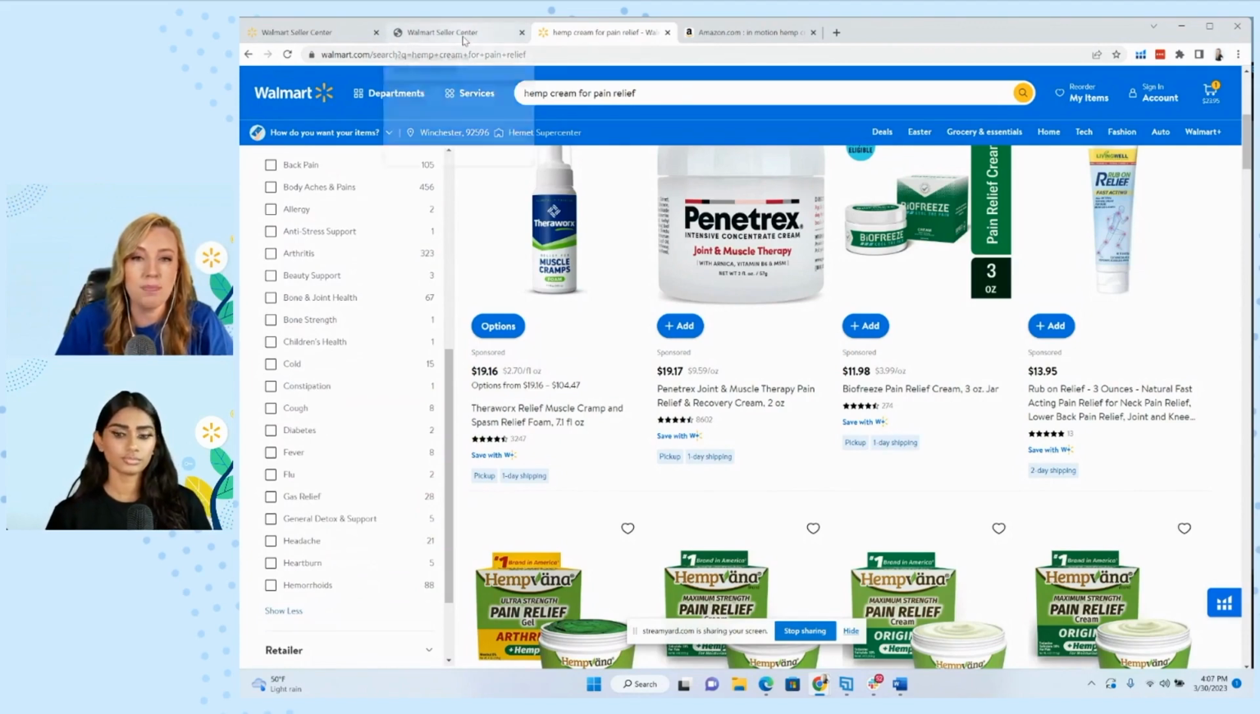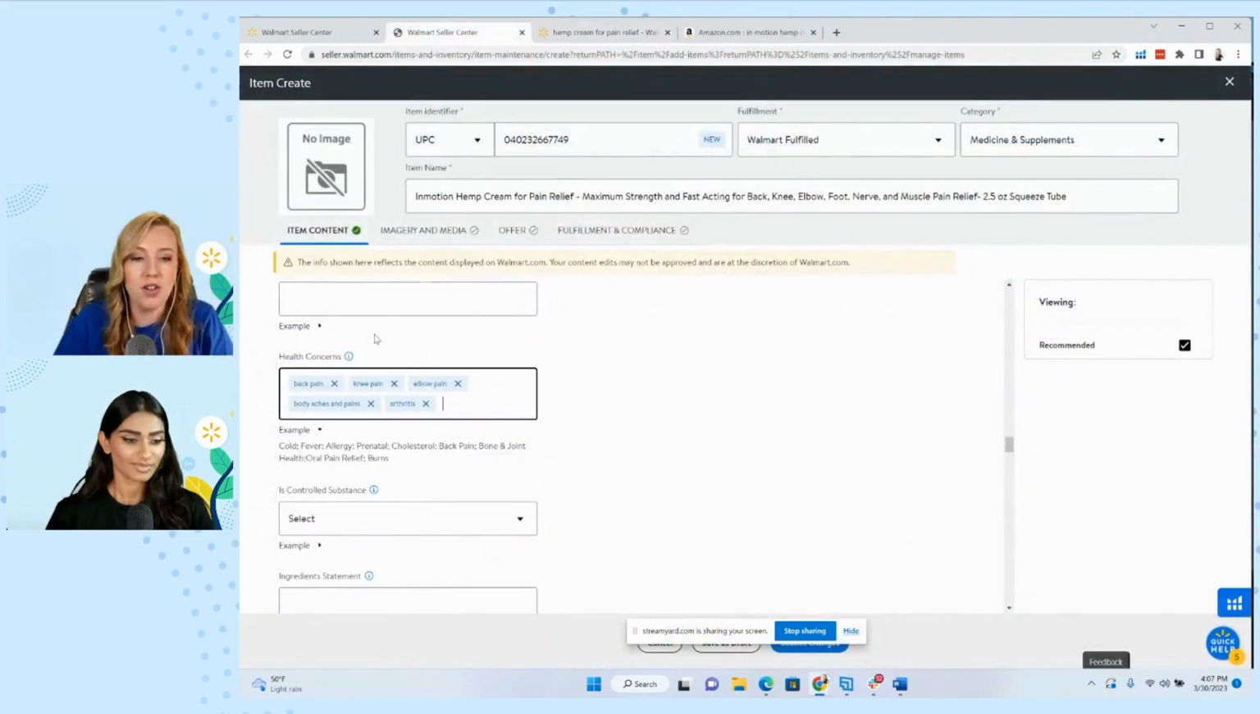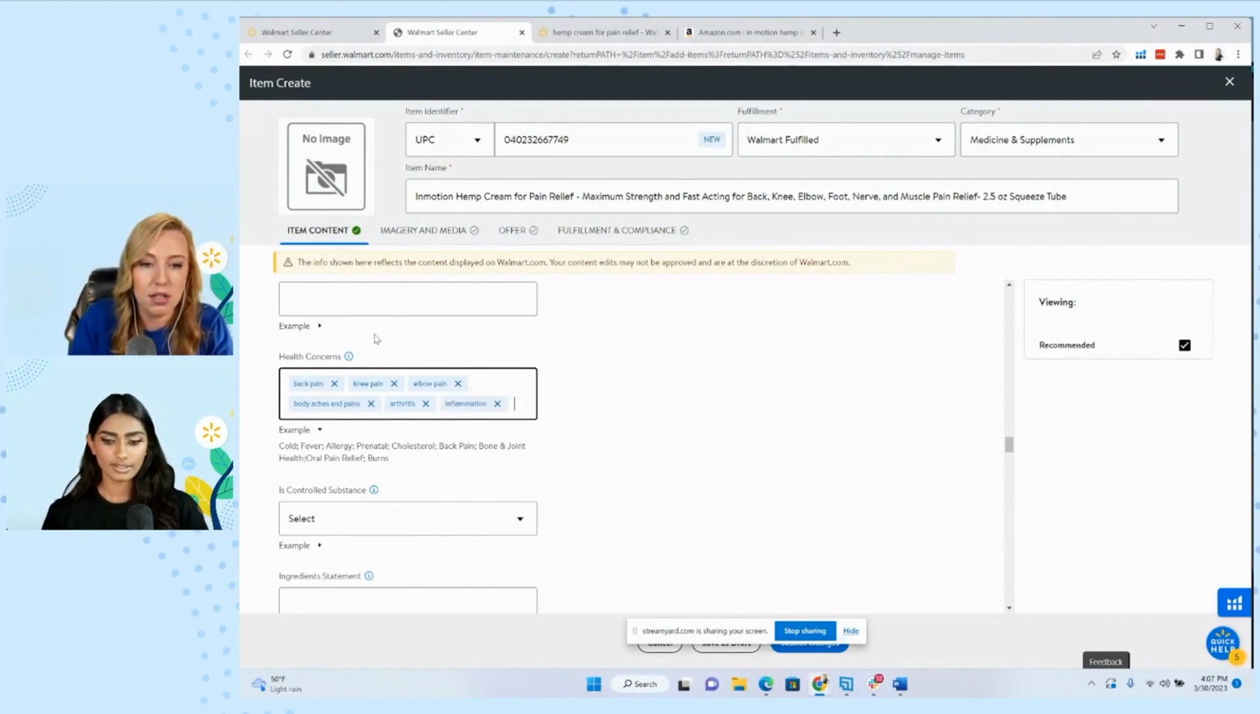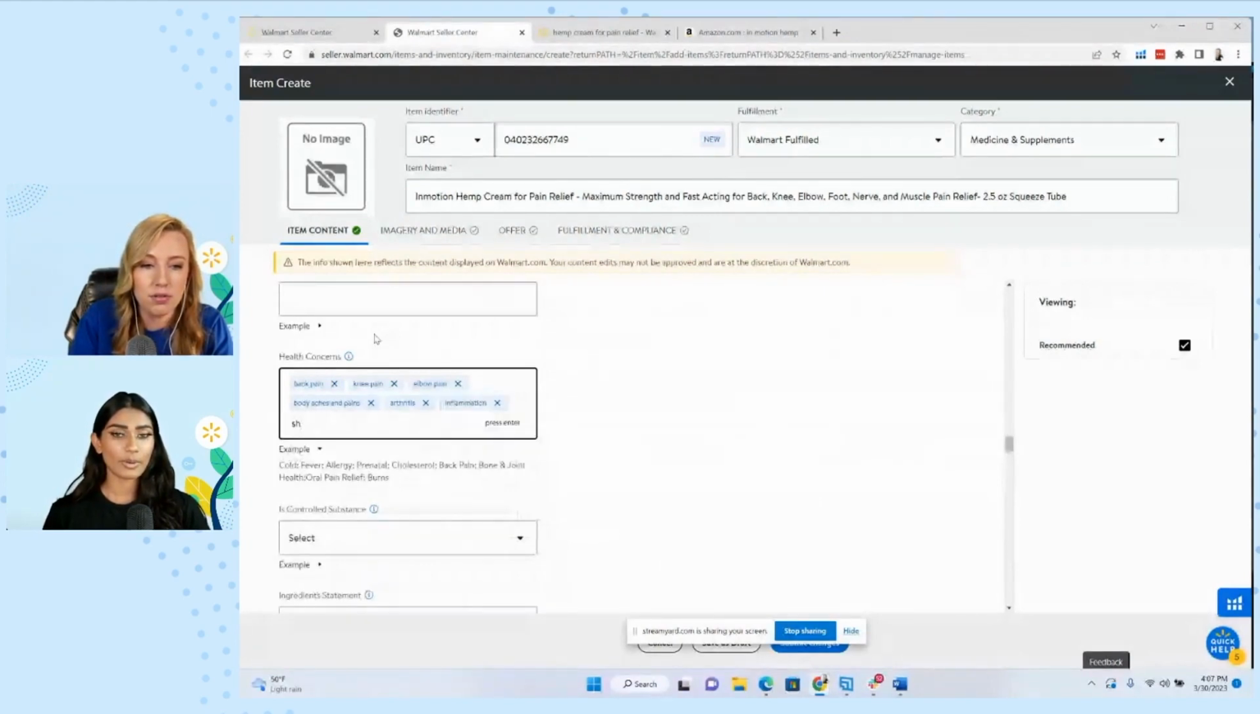So we can just put in as many as we can think of, and you can do more than one attribute. So I've got back pain, knee pain, elbow pain, body aches and pains, arthritis, inflammation, neuropathy. Neuropathy is not one of them, but if we remember when we were looking at the competitors list for category paths, that was one of the things that was listed. So I think it's a good idea to throw that in. And of course, you can always edit this in post as well. Yeah. Neuropathy. We also didn't mention shoulder pain, because that would be one. Foot pain,